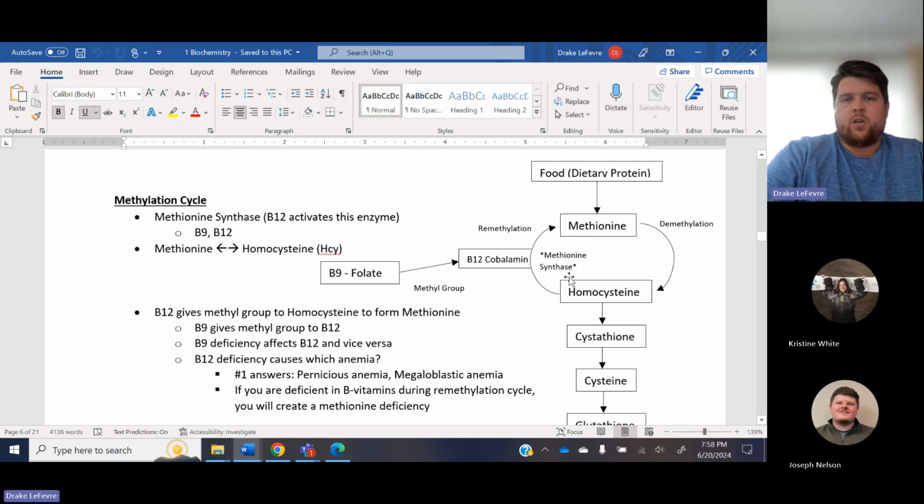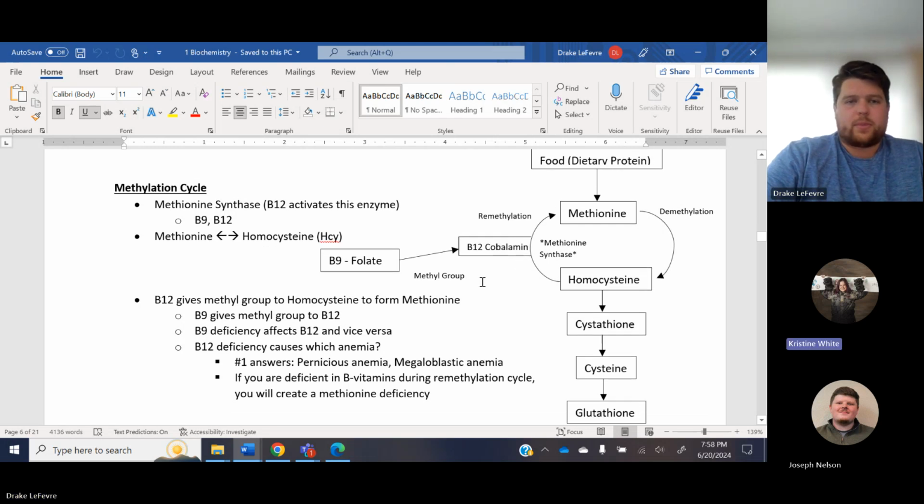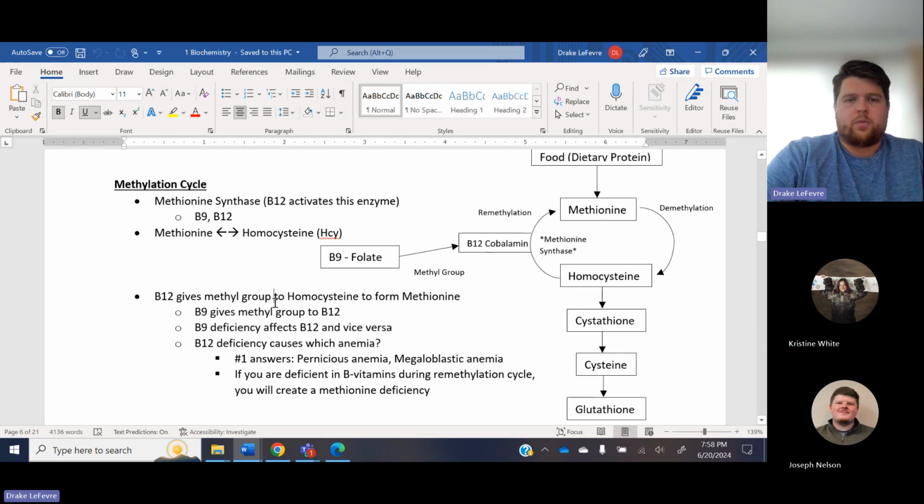And then methionine synthase can return homocysteine back to methionine thanks to our B12 cobalamin. So essentially what happens is, this is for like we'll have extra methyl groups throughout the body, and if